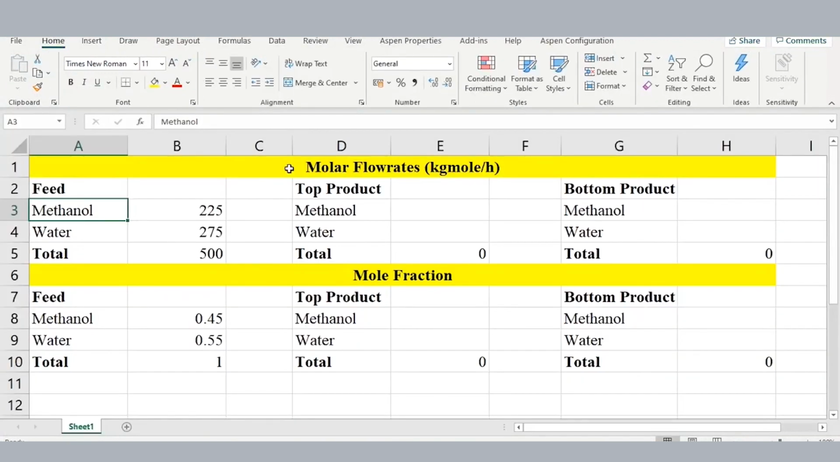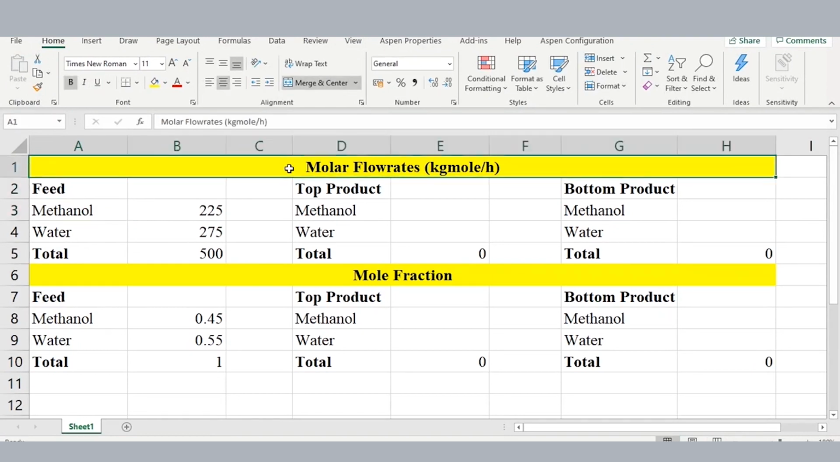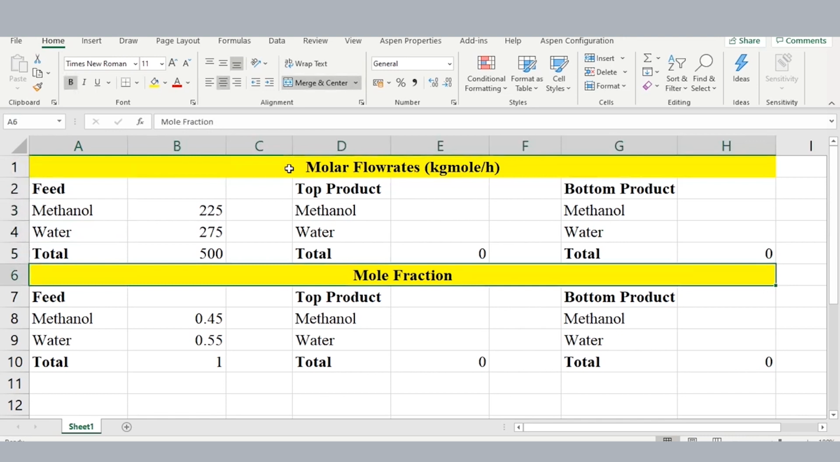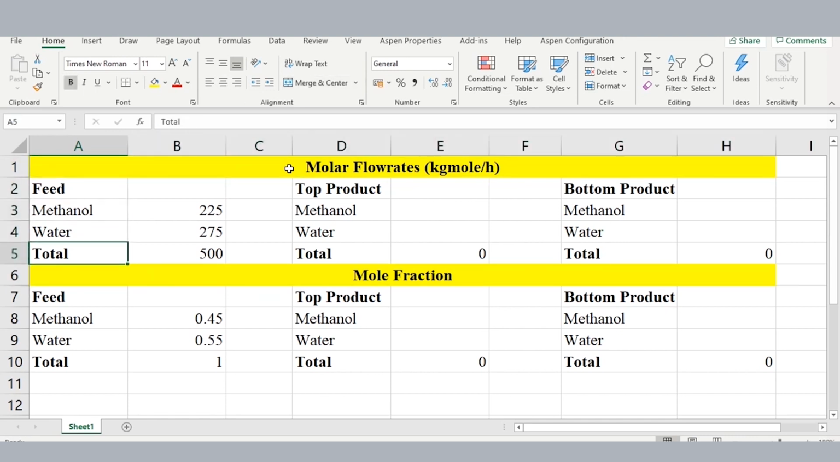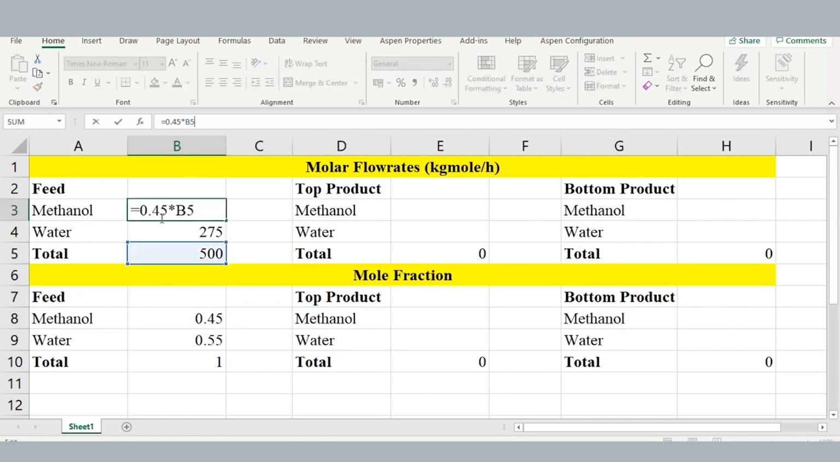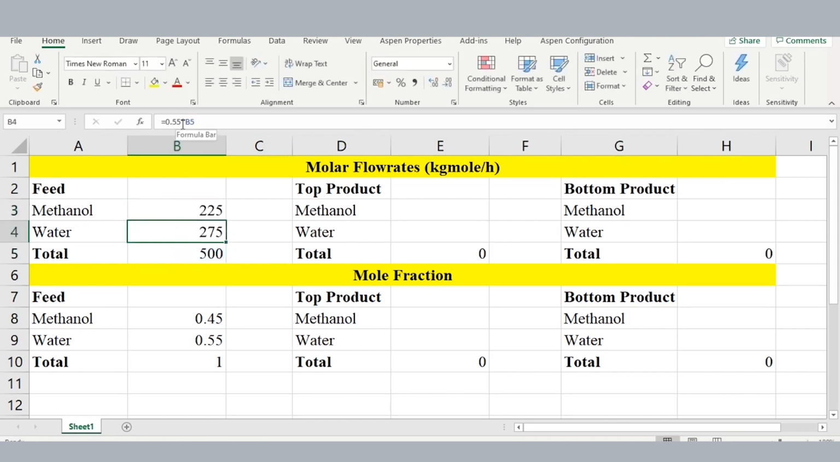So as you see, I have prepared an Excel sheet in which molar flows, which are in kg mole per hour, and mole fraction are given. The feed contains methanol and water, and the sum of these two is our total feed. Similarly, the top product contains methanol and water and the total is mentioned over here. Similarly for the bottom product, and here the mole fractions are mentioned as well. So total feed is 500 kg mole per hour. 45%, if I can show you the formula, 45% of this feed is methanol